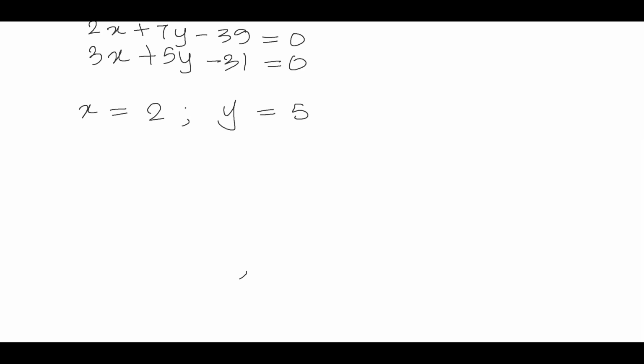So there is the elimination method, then there is the substitution method. In the substitution method, we find the value of one variable in terms of the other, and then we substitute that variable in the next equation. That is sometimes a little complicated because it involves heavy calculation with fractions, and many of the students are not comfortable dealing with fractions. So I personally do not recommend the substitution method.